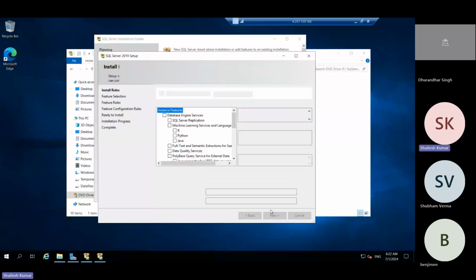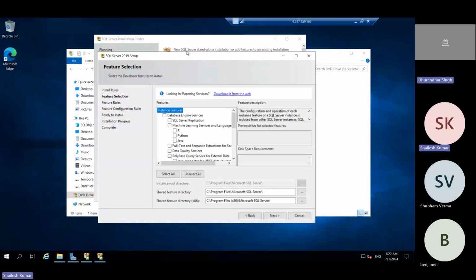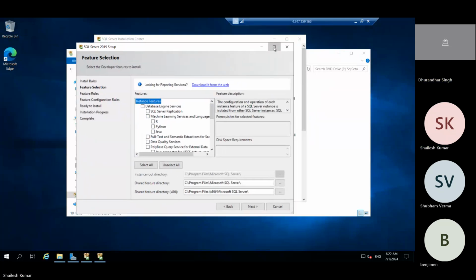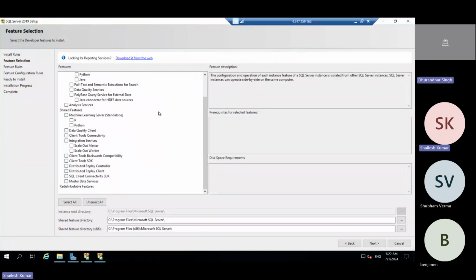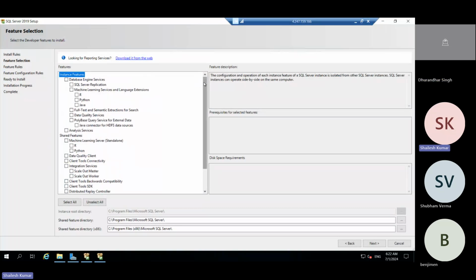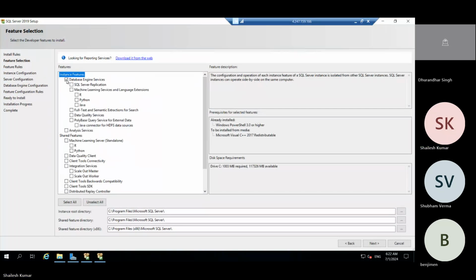Now we will select the features here, in this feature tab. We cannot install all the features by default because it will take memory and storage. So we select whatever is required. Database Engine for the database, and then replication for backup and recovery. Machine Learning is not required.